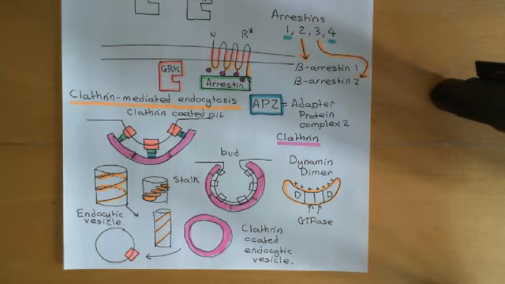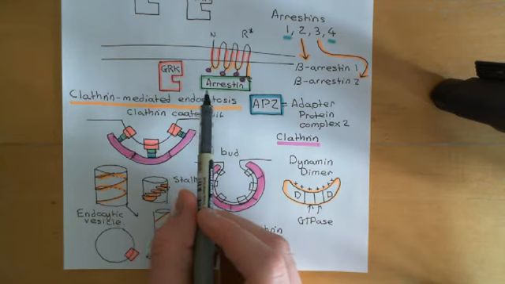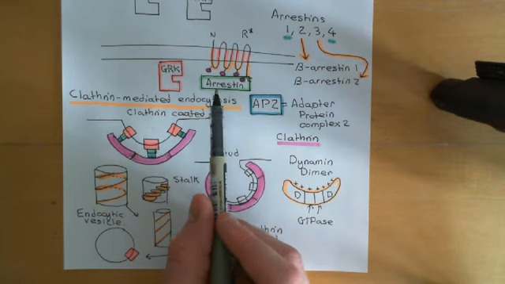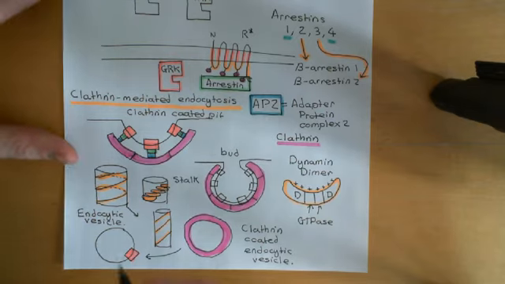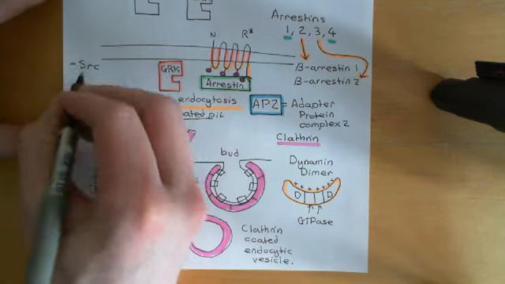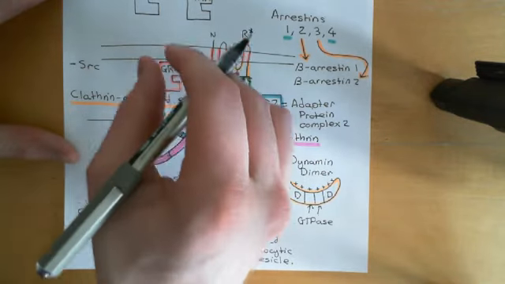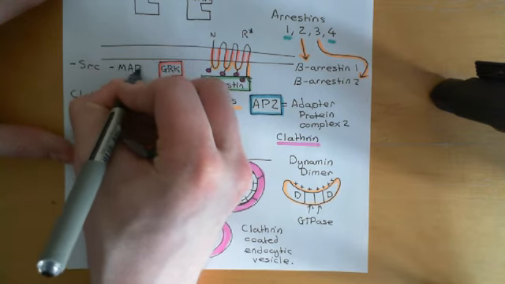Okay, however, there has been a paradigm shift. What we have realized is that arrestin, once it's bound to the G protein coupled receptor in this way, is actually capable of activating a huge number of different molecules that then start up loads of different signaling pathways. So let me give you some examples of molecules that arrestin has been found to be able to activate. Some very famous molecules here, SRC, which is a non-receptor tyrosine kinase. It's an enzyme that is effectively a tyrosine kinase that isn't part of a receptor. MAPK, MAP kinase,